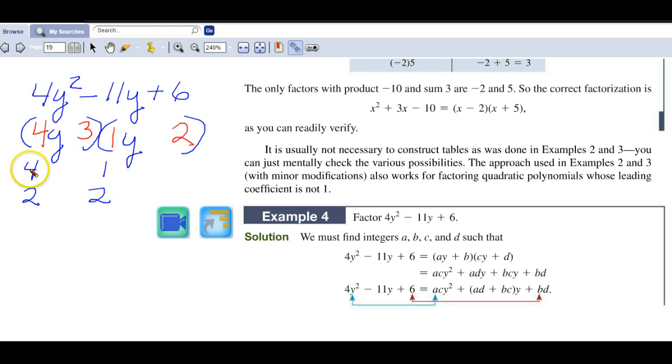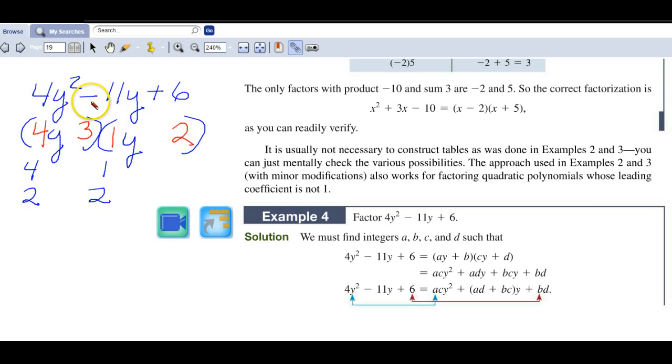And I said a 4 and a 1, or a 2 and a 2. When I tried the 2 and the 2 there, I couldn't get a negative 11 in the middle. So I went back to my 4 and the 1, and then I tried 3 there and 2 there,